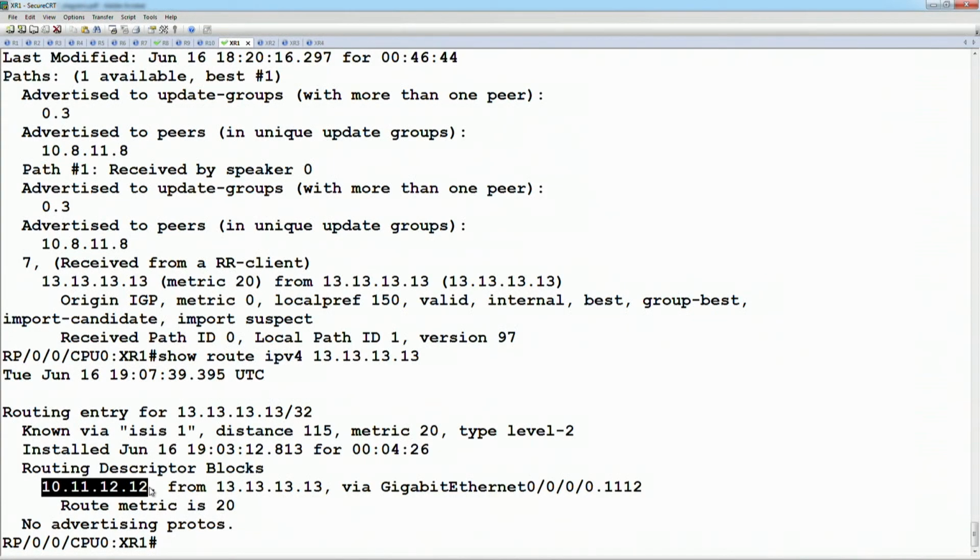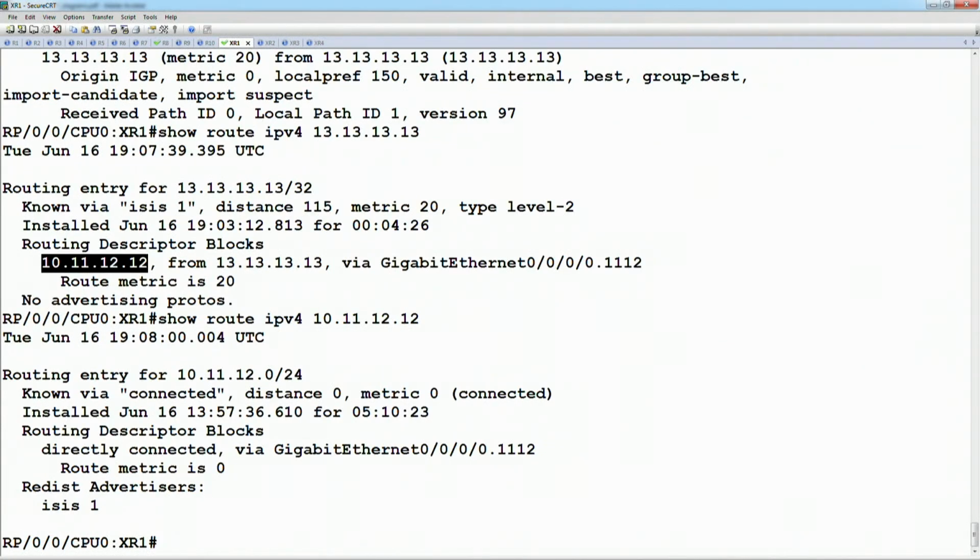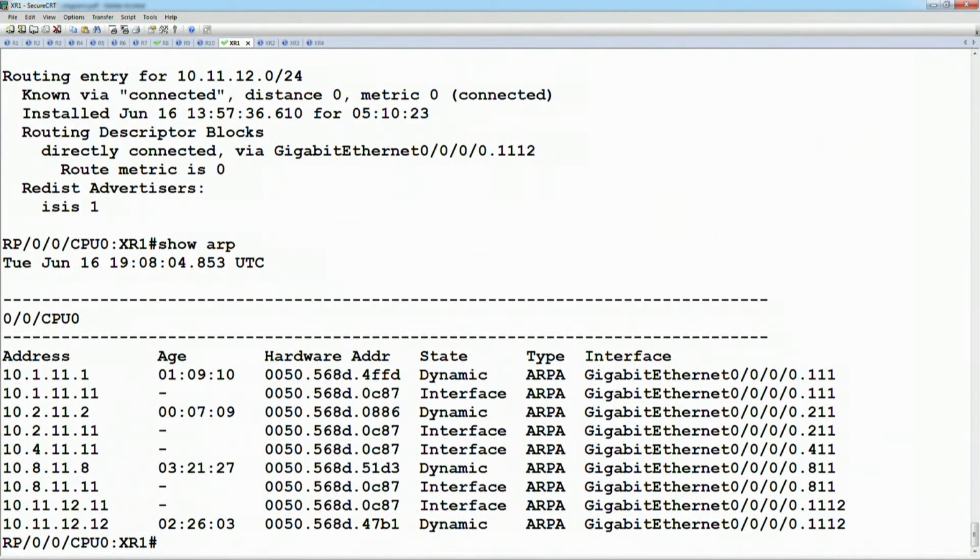The next hop value is 10.11.12.12. So this should mean that this next hop is a directly connected prefix. If we show route IPv4 for that particular next hop, it says it's connected on that interface. This also means that if we look at the ARP cache, we should have a MAC address entry for that particular hop. We encapsulate the packet in Ethernet, we put this as the destination MAC address, and we forward it out